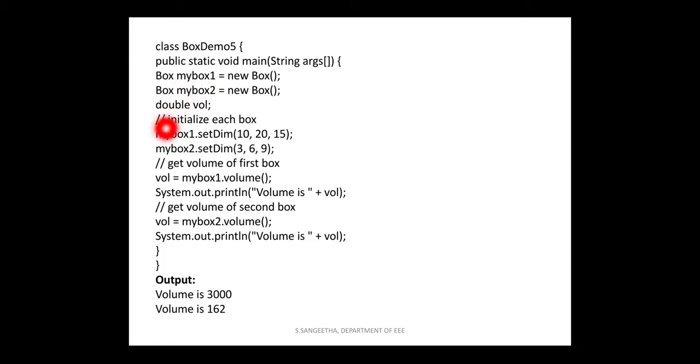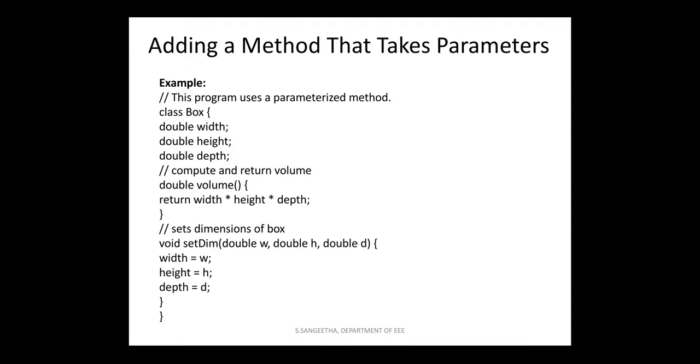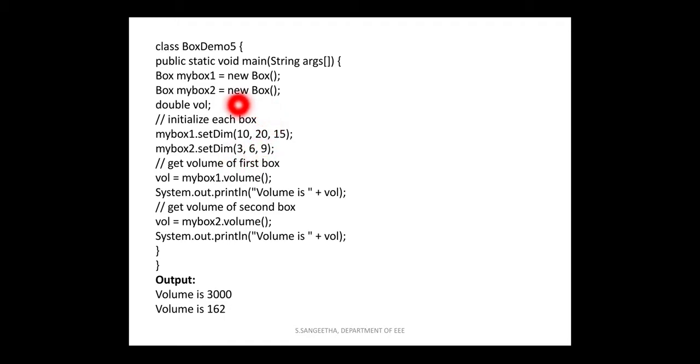So the first box value will be initialized as mybox1.setDim(10, 20, 15). That means the box 1 instance will have the values 10, 20, 15. That means W, height, D. W means width, height means height, D means depth. So the W value will be 10. That is the width of the box 1 will be 10 and the height of the box 1 will be 20 and depth of the box 1 will be 15. That will be initialized by using the statement